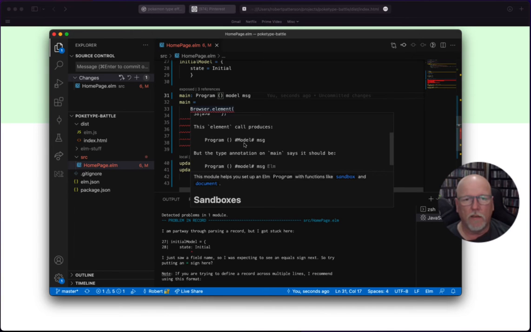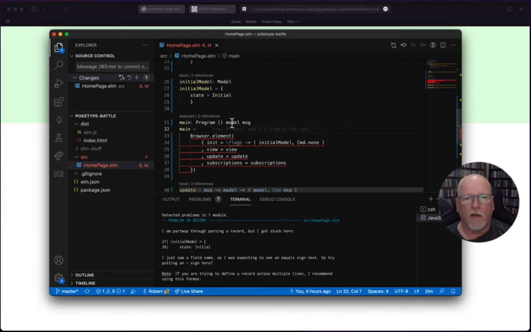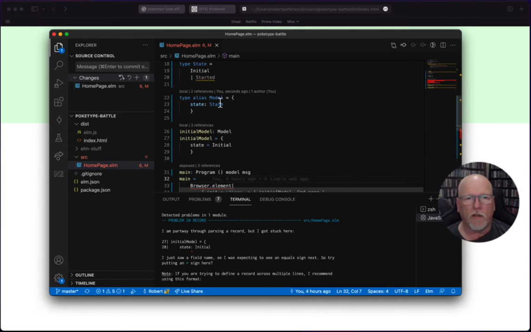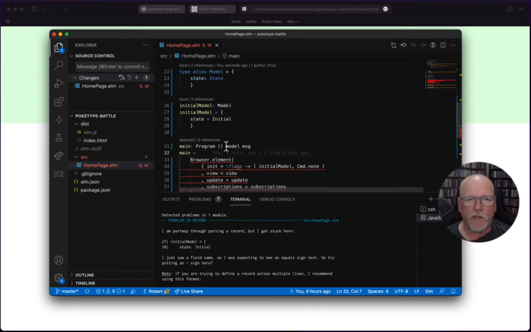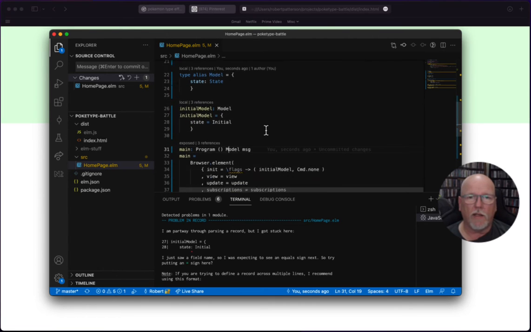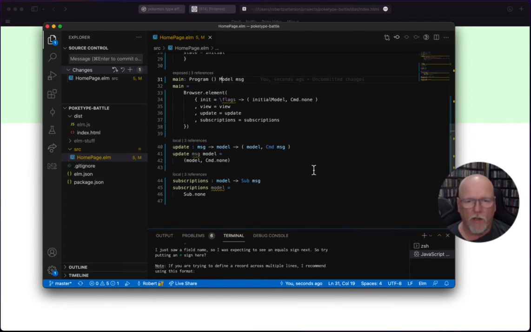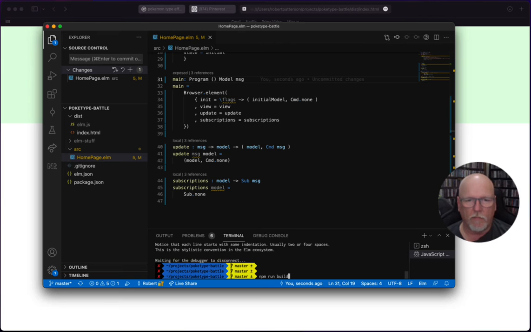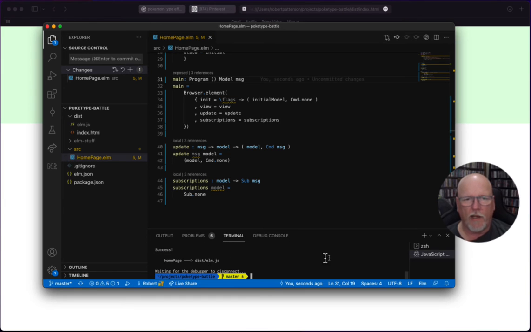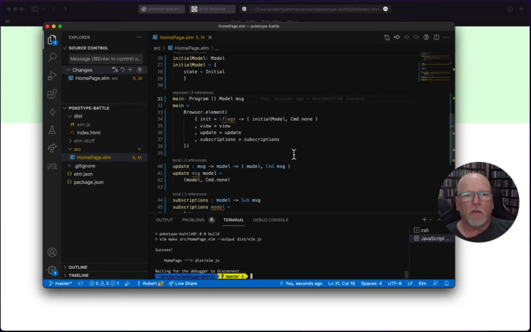Yes. So we can start being a little more specific. We're starting to use types here. I've already said, hey, this is the model I'm using. So let's actually change this to uppercase M. And lo and behold, it's looking okay. It's not going to do anything yet, but at least it compiles, I think. Let's see if it compiles, and it does. Excellent. Okay, so now let's circle back